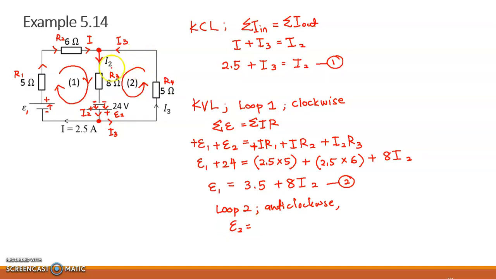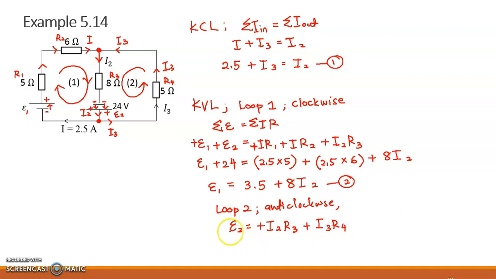equal to, there are two resistors in loop 2. So let's see R3 first. The current that flows through R3 is I2. So the direction of I2 is the same as the direction of the loop, so it will be positive I2 R3. What about R4? The current that flows through R4 is I3, and it has the same direction as the loop. So it will be positive I3